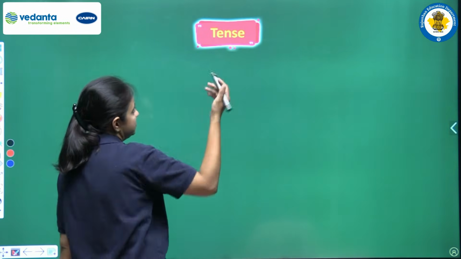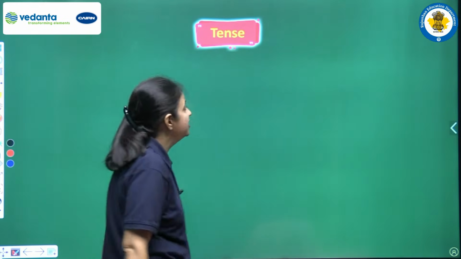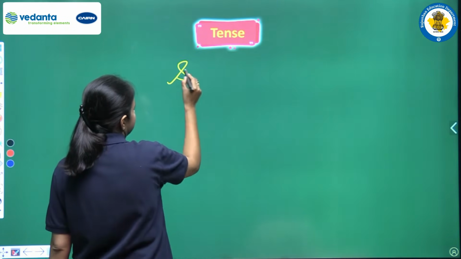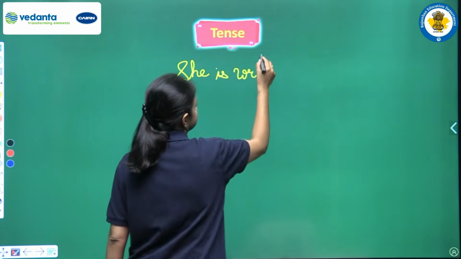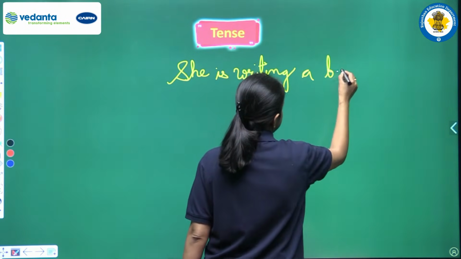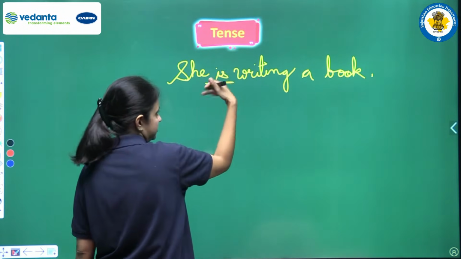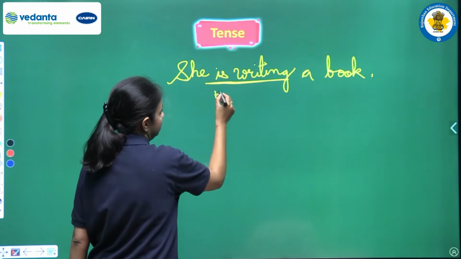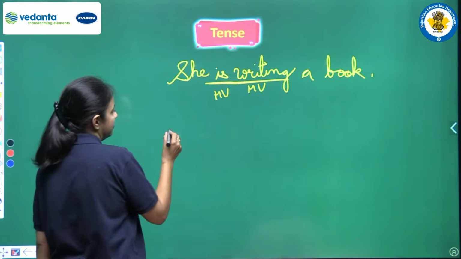So suppose let's take one verb and we will write that verb in different tenses. So let's see, we are taking write, suppose. So suppose we are having one sentence. She is writing a book. So in this sentence we are having is as a helping verb and writing as a main verb. Okay, is our helping verb and writing is the main verb. Clear? Second sentence we are having,